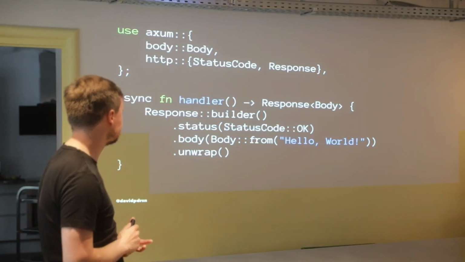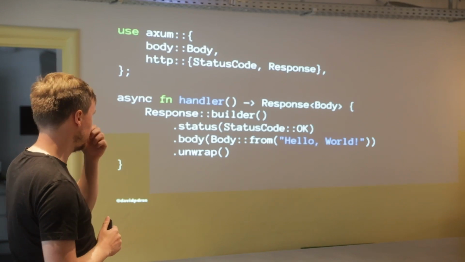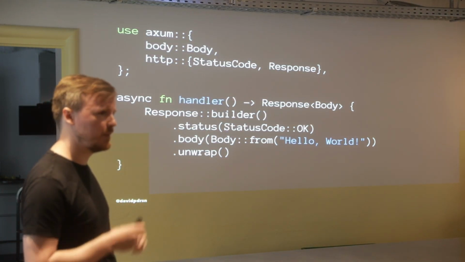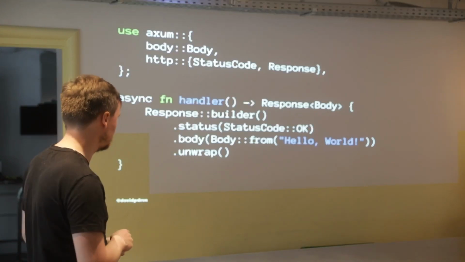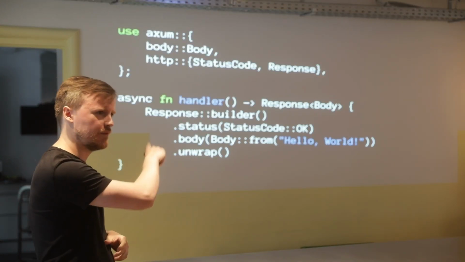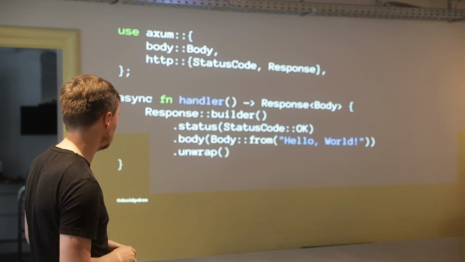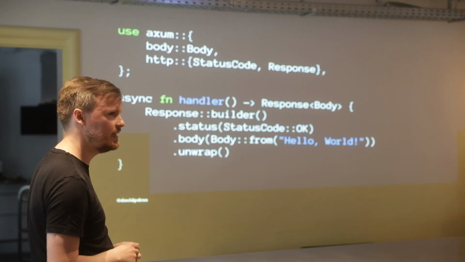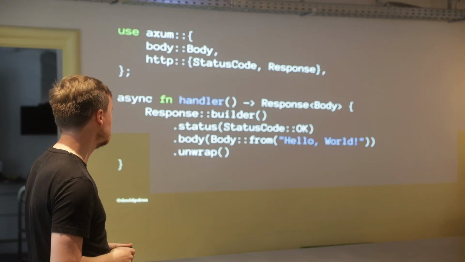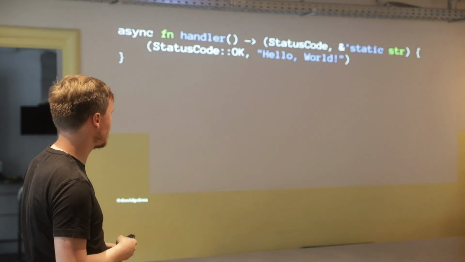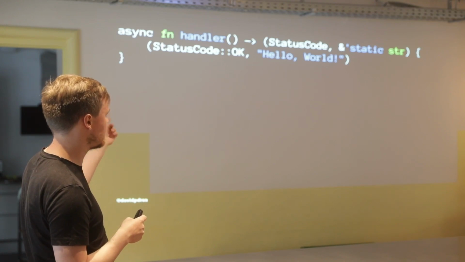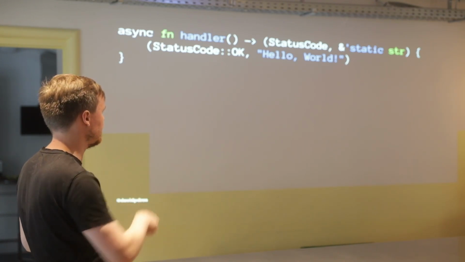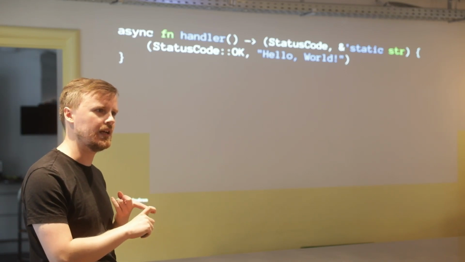No. Cool, responses. So a handler function has to return anything that implements IntoResponse. We'll see that soon. Obviously, a Response can be converted into a response. That's sort of trivial. But writing these builder type methods is just kind of tedious. It doesn't compose really well. So what you can actually do in Axum is just return a tuple of, in this case, a status code and some response body. And Axum then knows that it's a string, so you probably want the text/plain content type.